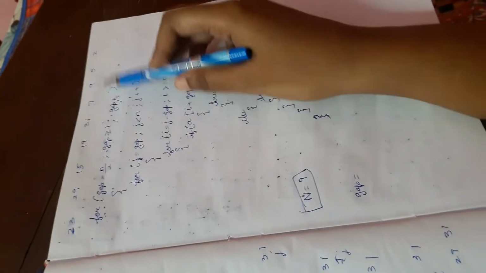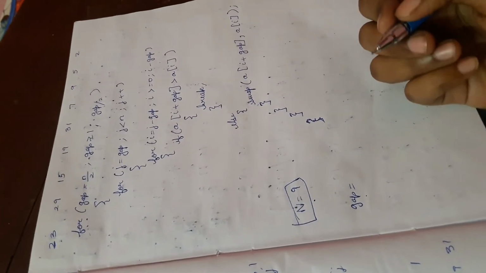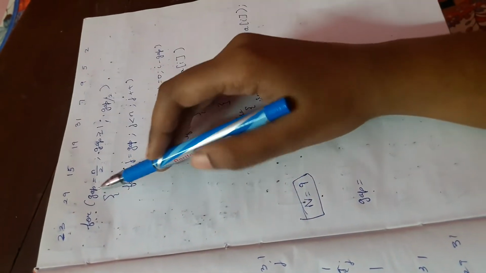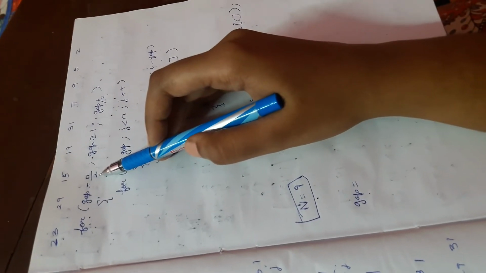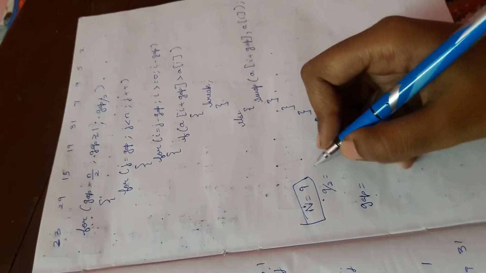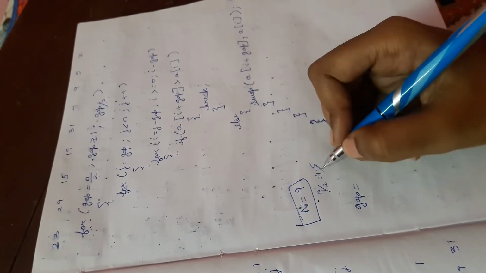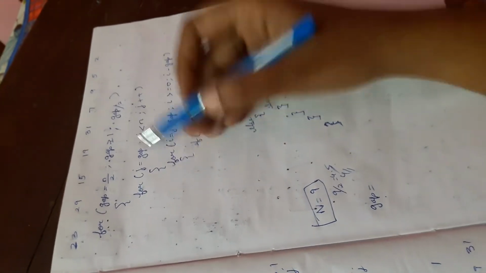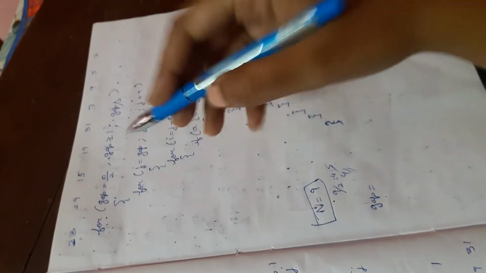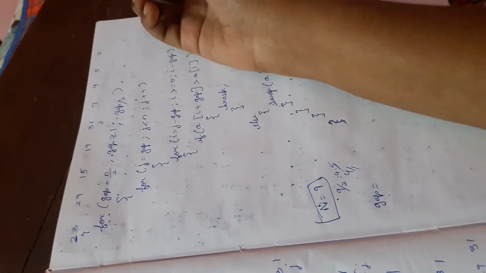And gap we are going to calculate using this formula: gap is equal to n divided by 2. n divided by 2 means 9 divided by 2 is equal to 4.5. Here we are going to take the floor value, so I will take it as 4. Okay, here I am taking the value as i here and j at this position.